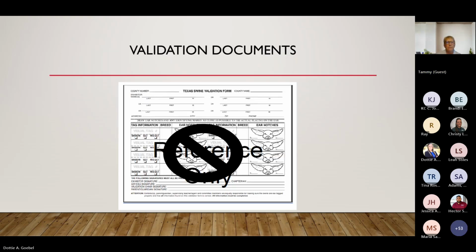Okay, Dottie. This is our old ear notch form. This is the one that we had prior to last year. It originally was a triplicate form. We did reduce it down to a duplicate form. This allowed you to put 8 particular pigs or individual pigs per sheet, but we were having to replicate signatures and names. And so we went to an easier system.